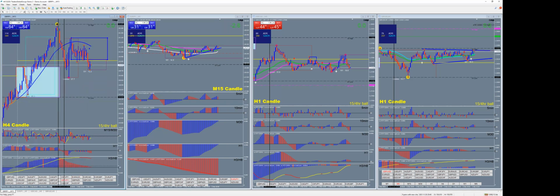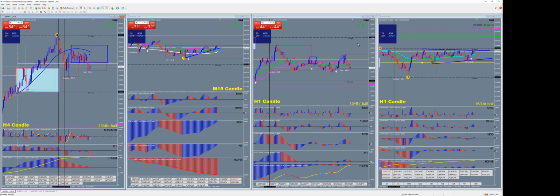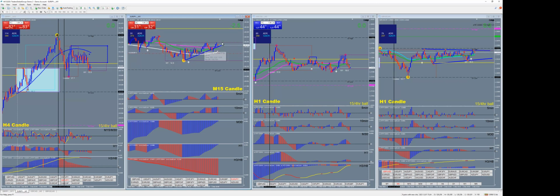I usually have my strength meter on the side. It's kind of a gauge of where the pairs are at and which pairs are close together, which means they may be ranging, and which ones are far apart, waiting for a breakout. But I had to close that out because this thing is too slow. Yeah, this thing just faked me out. It's too late an entry. I was hoping for a big boost, but